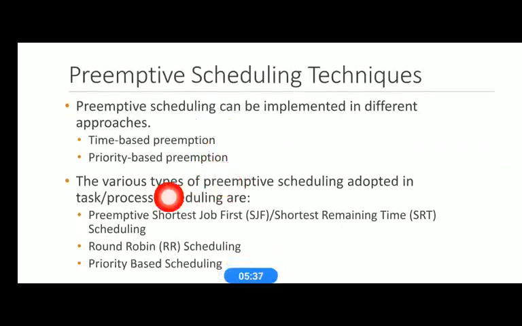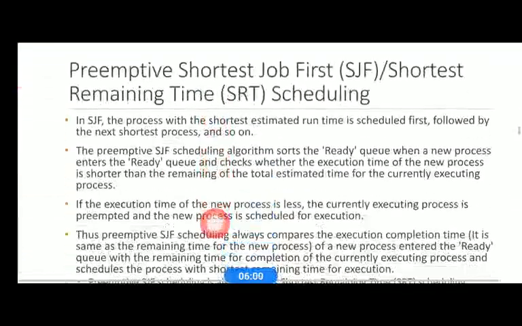Based on this, various types of preemptive scheduling are adopted. The first one is preemptive shortest job first, also called shortest remaining time scheduling, the SJF or SRT scheduling. The second one is round robin scheduling. The third one is priority based scheduling.